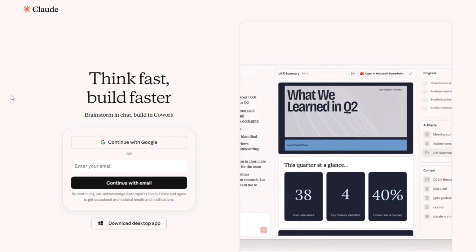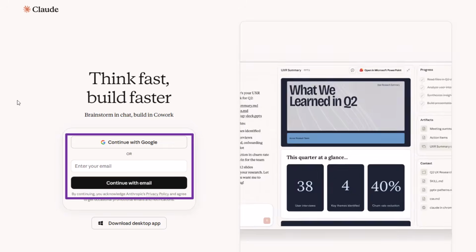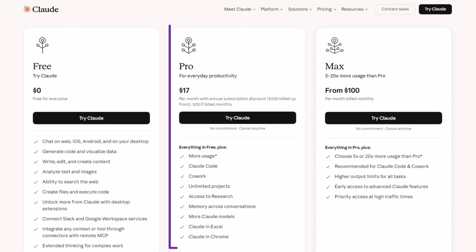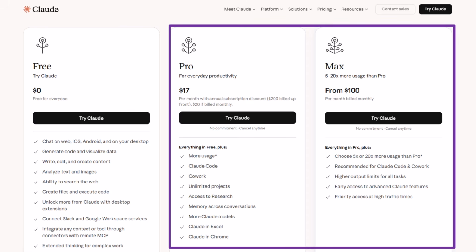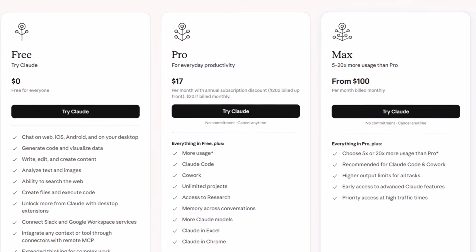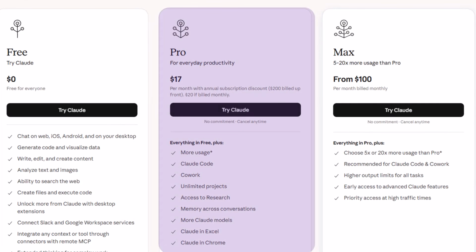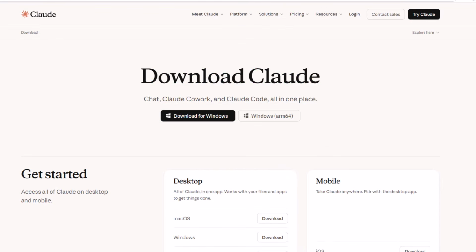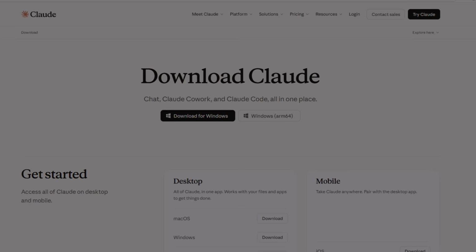To get started, the first thing you need is a Claude account that you can get over at Claude AI. The next requirement you need is a paid Claude plan because the plugins are inside of a feature called Cowork. Go figure. Plans start at roughly $20 per month USD, and a 1-month trial would be a good place to start. The next step is to download the Claude desktop app that you can get from